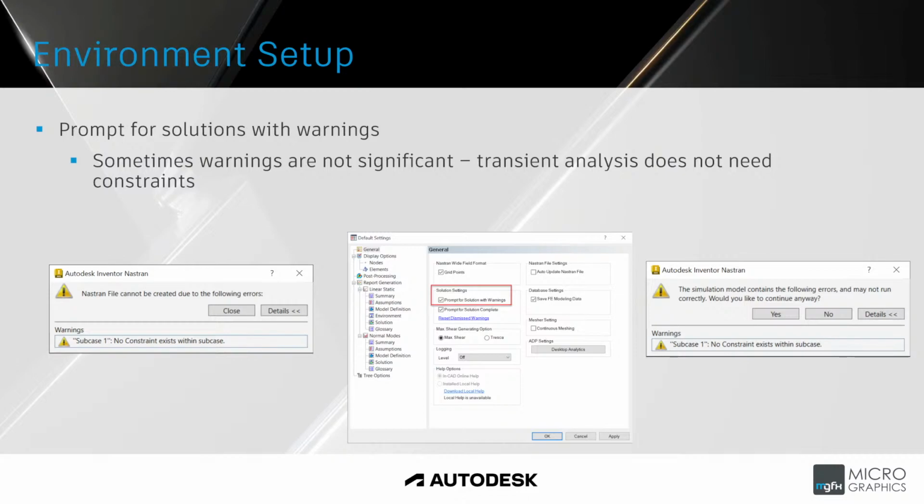It gives the result within the same ballpark, so that it's going to work. So what can we do with this? If you go to your default settings, under your general option, you'll see there's "prompt for solution with warnings." By default it's not ticked. If you tick this option in the middle, then instead of giving